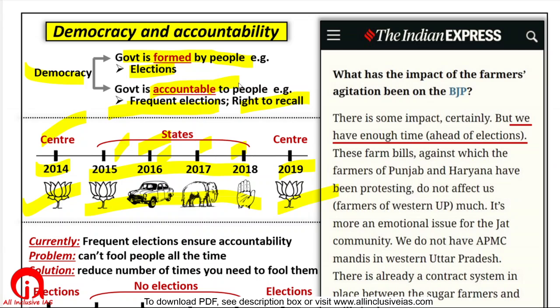People can meet their MP or MLA, visit their office, right? People can voice their concern over media, over social media. But to be very practical, accountability is ensured only through elections. Why am I saying such a thing? Because for politicians, there is just one thing that matters: whose government is formed. When they feel that they won't be able to form the government next time, then they will act according to your wish. Else, they will do whatever they want.